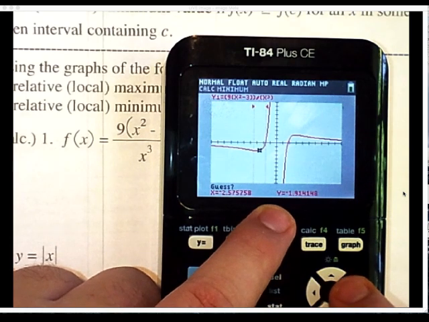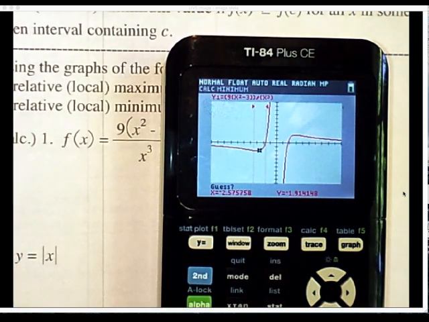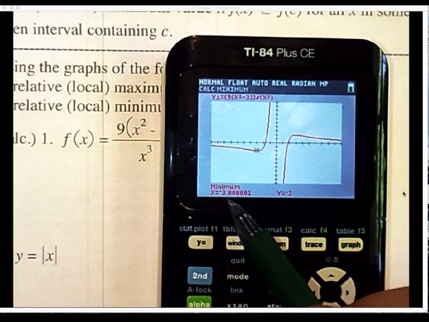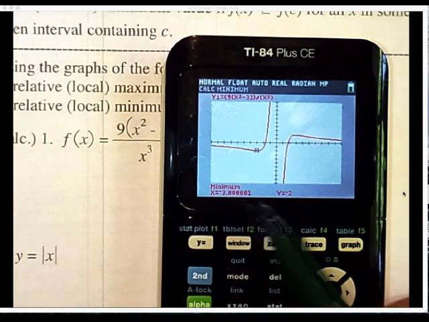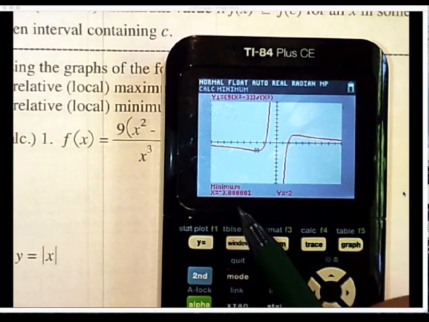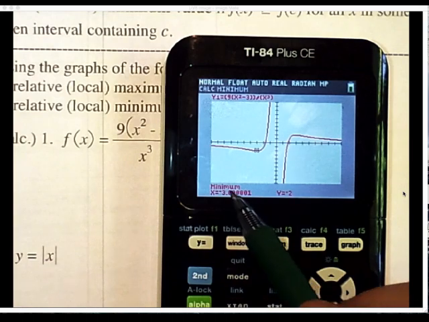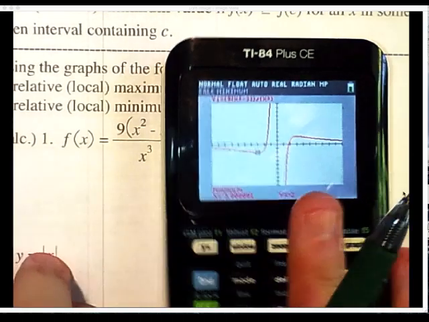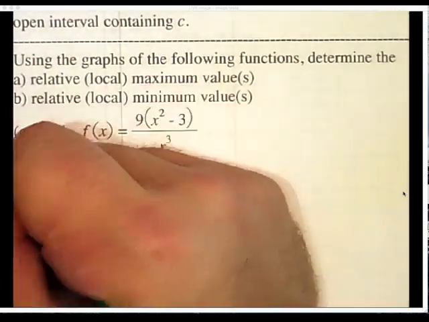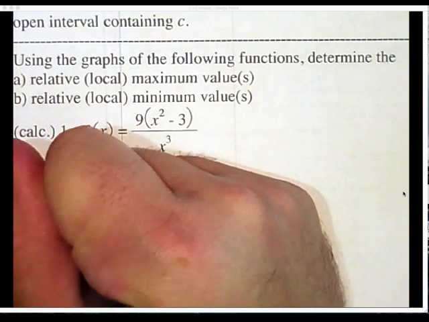Maybe about right there, and I'm going to hit enter again. And here it tells me that the minimum occurs at that point, about -3, -2. All right, so I just found the local min